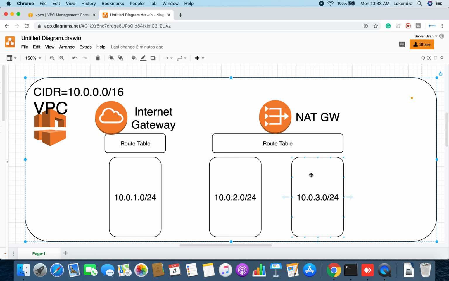These subnets are known as private. The reason being, these private subnets can access the internet, but no one from the internet can access these instances directly. We have to have some other mechanism like a load balancer and other things to make these accessible for users. Users do not directly access these servers. These have to be within the private zone, and no one can access them from the internet. Let me repeat it again.